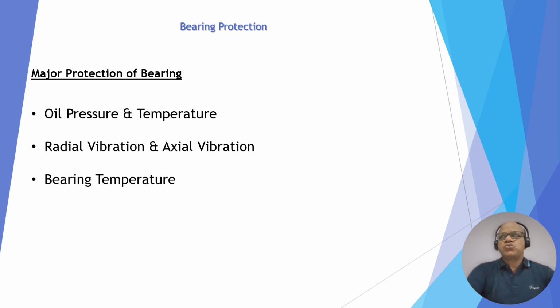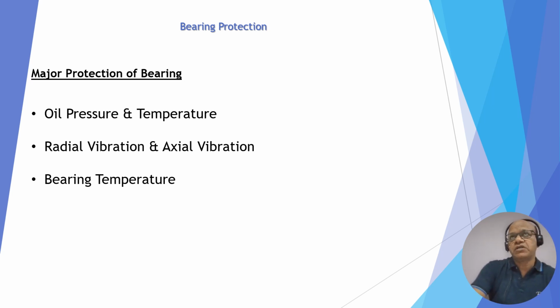Now we understood the importance of bearing, hydrodynamic bearing. Now how to protect these bearings? Broadly there are other parameters also for protection of bearing, but we have considered only the three major parameters. One is oil pressure, another is temperature, and third is radial vibration, axial vibration, and bearing temperature. Oil pressure